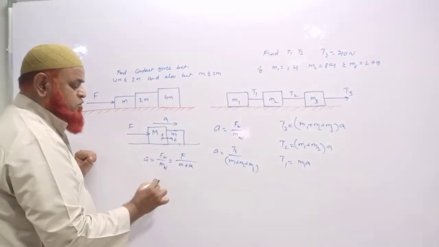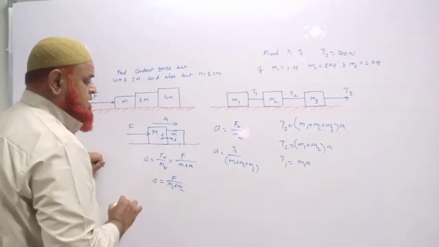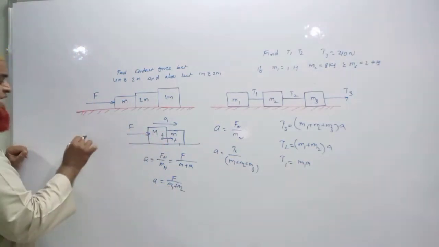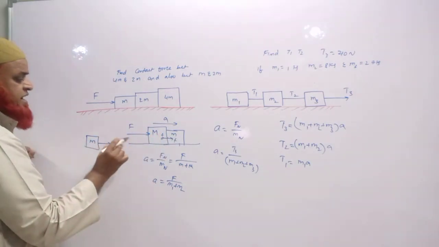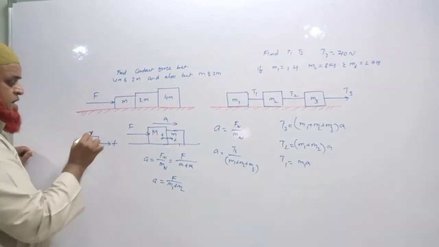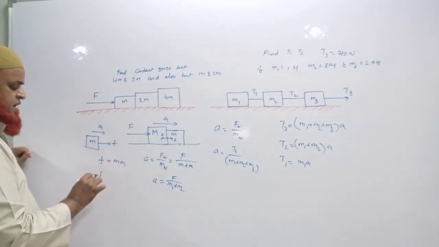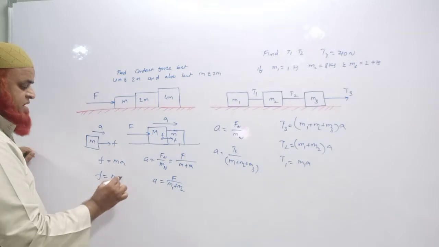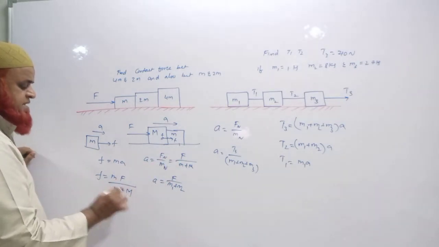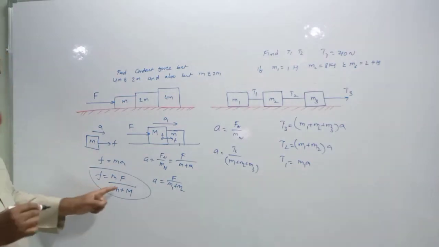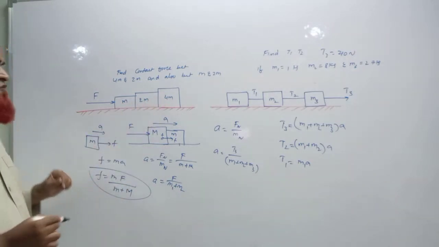If they are M1 and M2, then you can write a is equal to F by M1 plus M2. You just take a free body diagram of the smaller mass. On the smaller mass, the contact force acting is F, in the same direction as a. So F can be taken as m into a. F is equal to m into a. A means capital F by small m plus capital M. This is the formula to find out the contact force. Then how can you find out the contact force here?